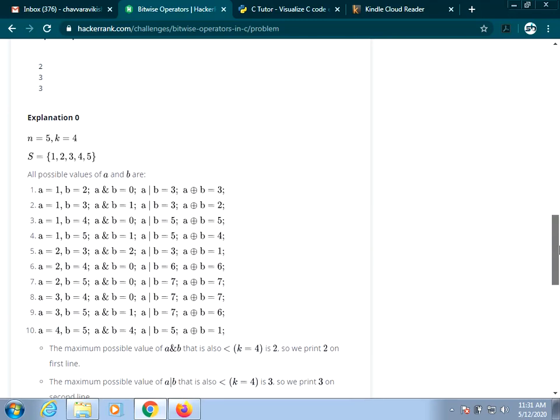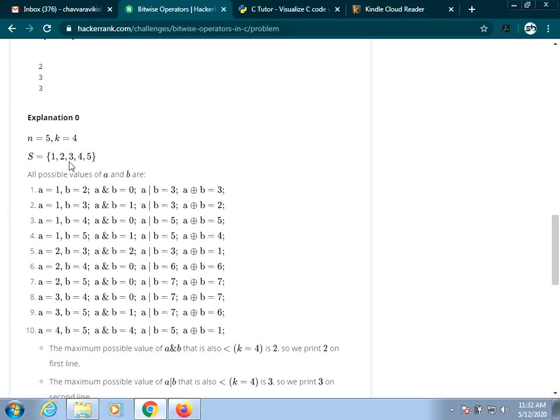They have given one explanation regarding that sample output. That is, you have to take n value as 5, that is, your set will contain 1 2 3 4 5 values, and your k value as 4. So what you have to do is, first take A value as 1, next B value as 2, perform the AND operation, and you are going to get the value 0.